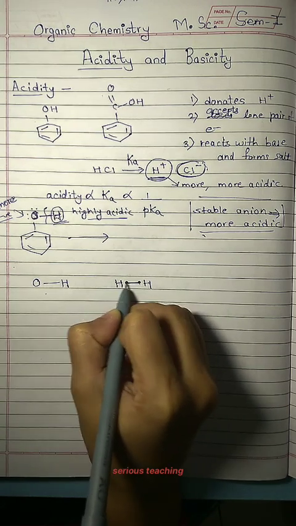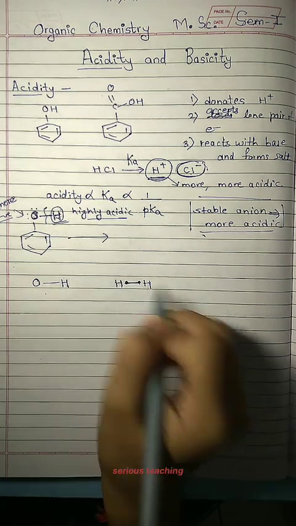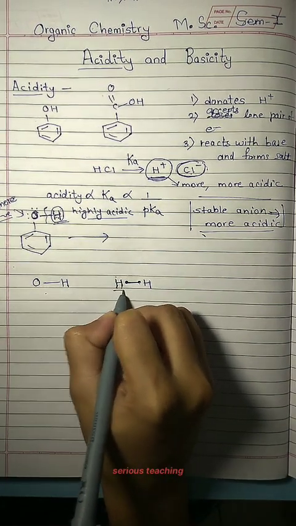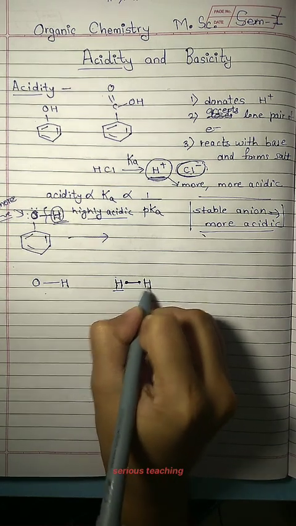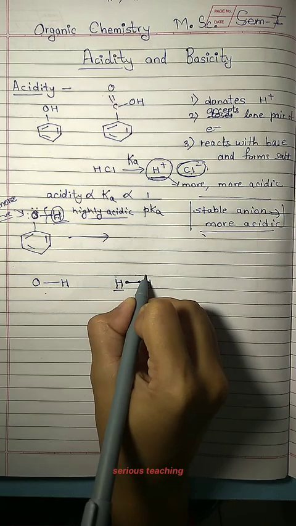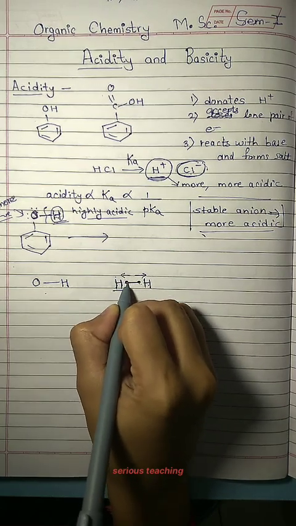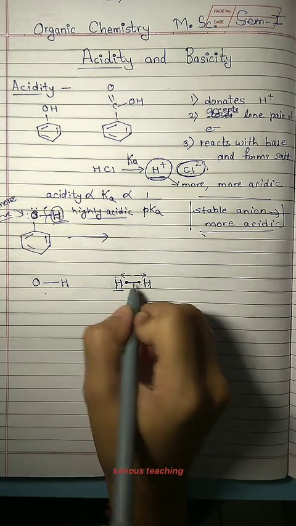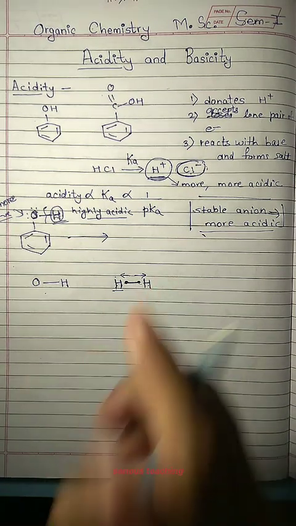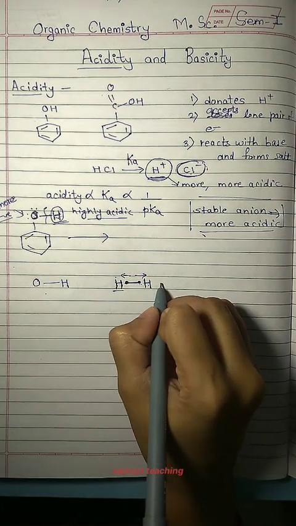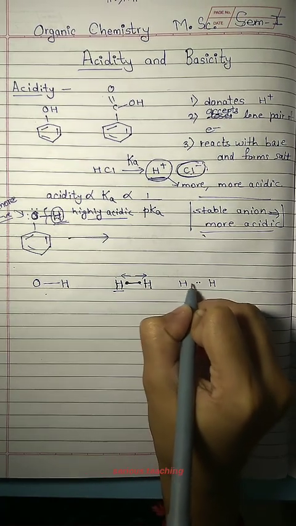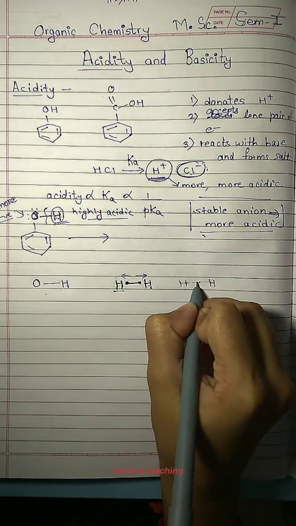So after getting these two electrons, a bond is formed between these two atoms. Therefore, here the electronegativity of this hydrogen and of this hydrogen are both the same. Therefore, the electrons are pulled from both hydrogens with equal force, so both the electrons of that bond will be at the center of the bond. We can show it in a more proper way like this: if this is the bond, then the electrons will be at this center. So the electrons will be at the center.